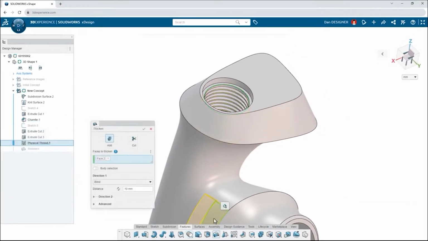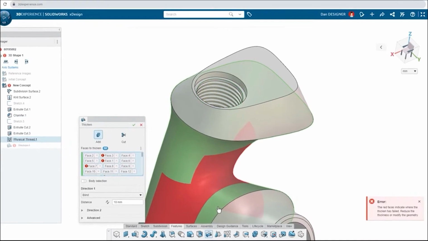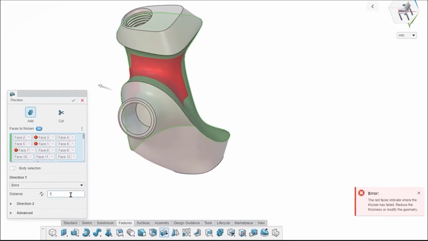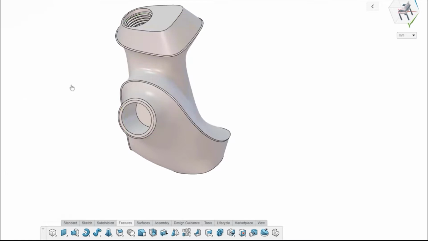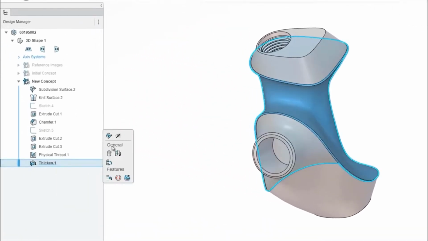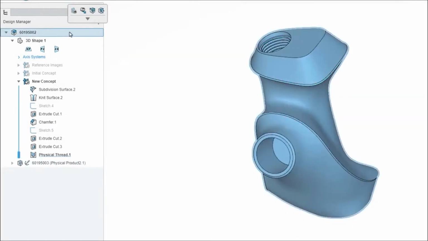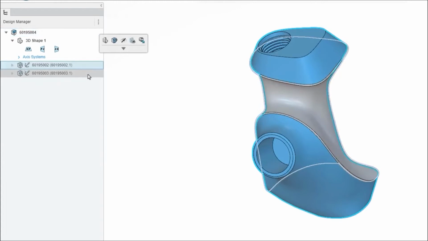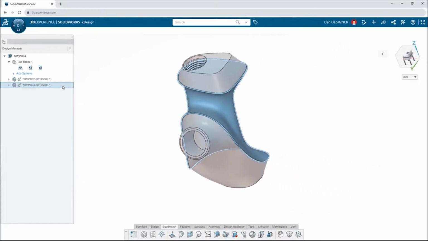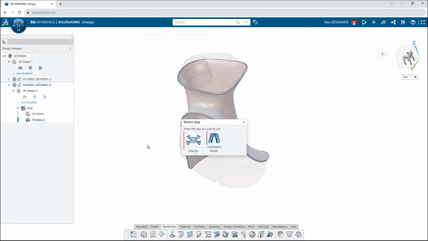While thickening faces, any problematic areas are highlighted, so you can adjust your surface or thickness accordingly. The single modeling environment allows you to create new components from features or bodies and makes rearranging your components and subassemblies simpler than ever. When your model calls for it, seamlessly switch to other cloud apps for different types of